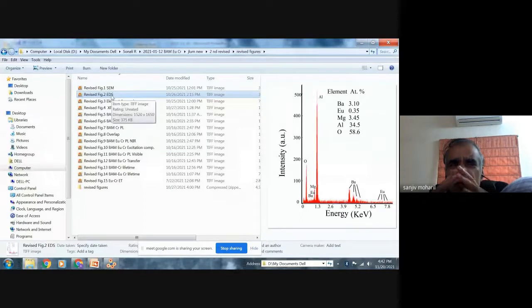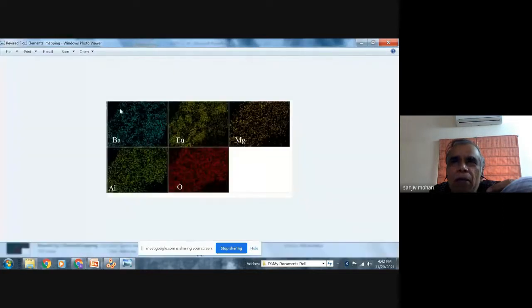And whether your activator is homogeneously distributed or not, this is also obtainable using elemental mapping that is available with SEM. So we get this type of spectra. In fact, these colors are artificial. The barium is not blue color and europium is not some greenish yellow color and oxygen red color. These are just for making a graphical presentation. Different colors are used for different elements.